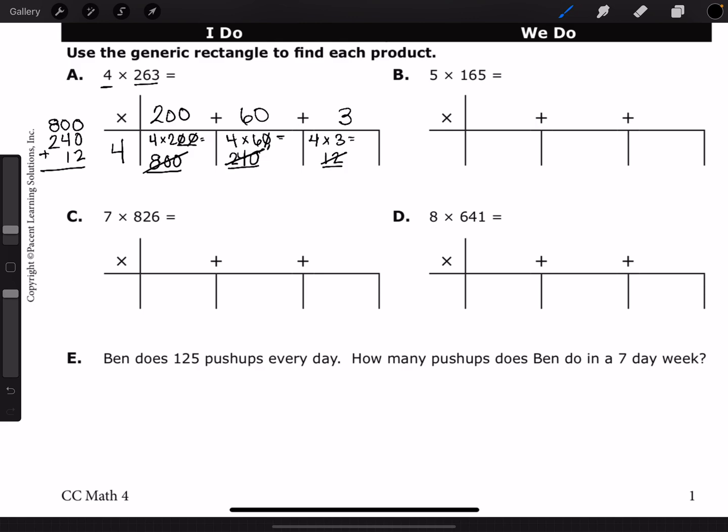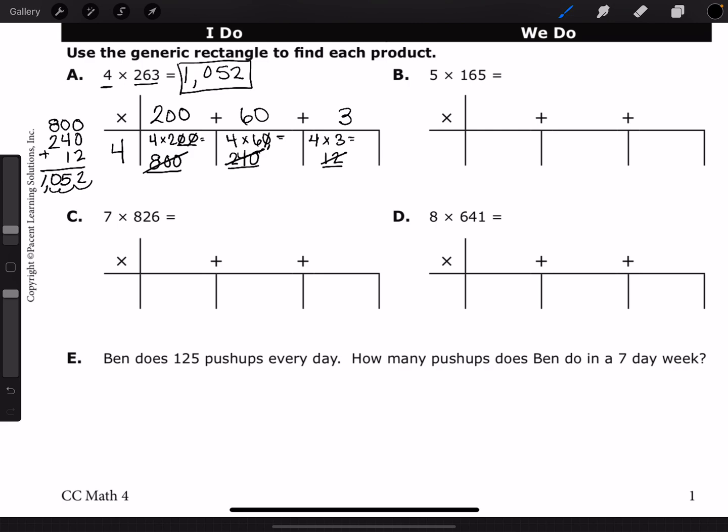Okay, 0 plus 0 plus 2 is 2. 0 plus 4 plus 1 is 5. 8 plus 2 is 10. Now we know that we go 1, 2, 3 over, and we put our comma. So 4 times 263 is 1,052. I'm going to put a box around it because then I can know that that is my answer. And it helps Mrs. Boynton and Mrs. Bloom figure out